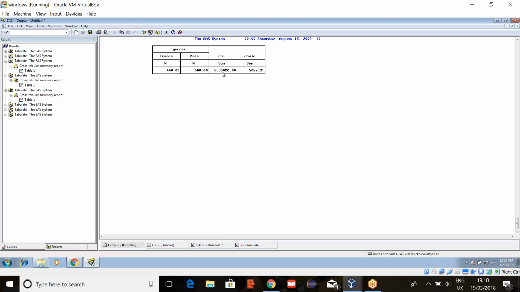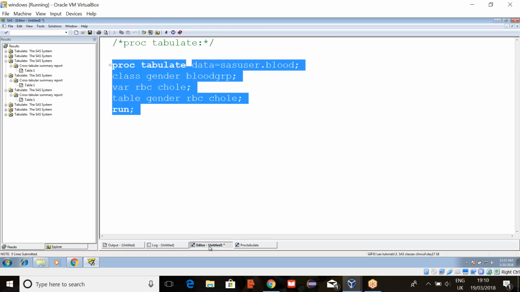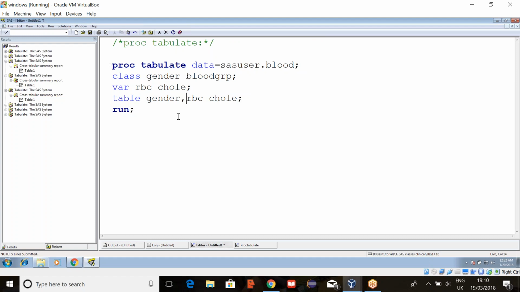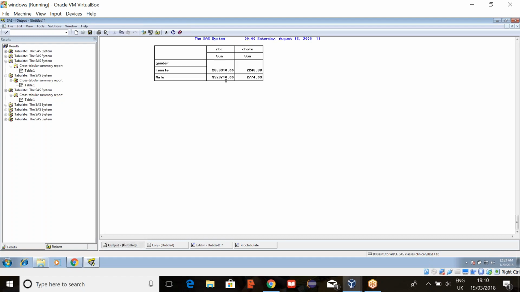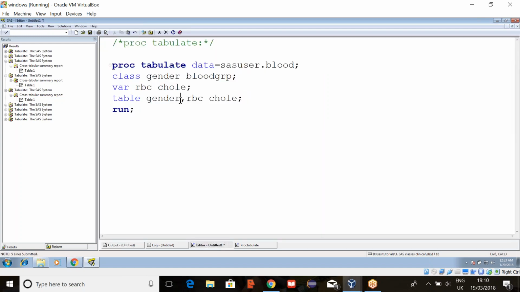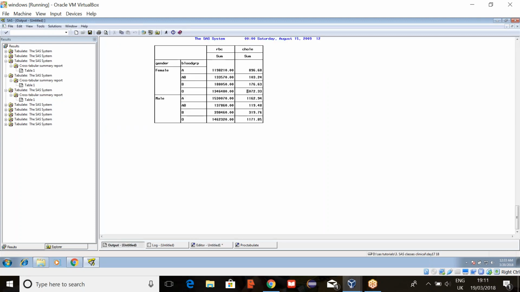Now again here, if you want to separate the sum of RBC of females and males, then again here we can use some operators. See, now this is female sum and RBC male sum. Same way cholesterol. We can use multiple variables also here, like star and then blood group. Now, as per the blood group, it will give you